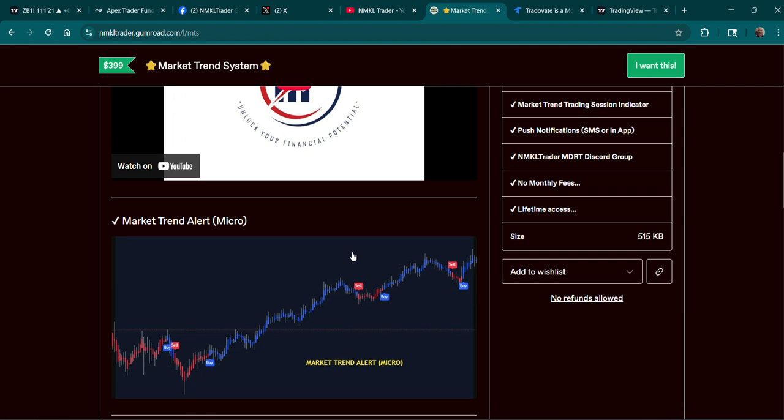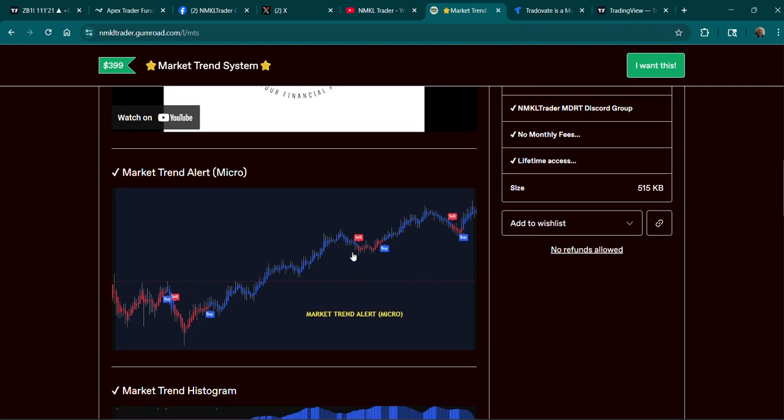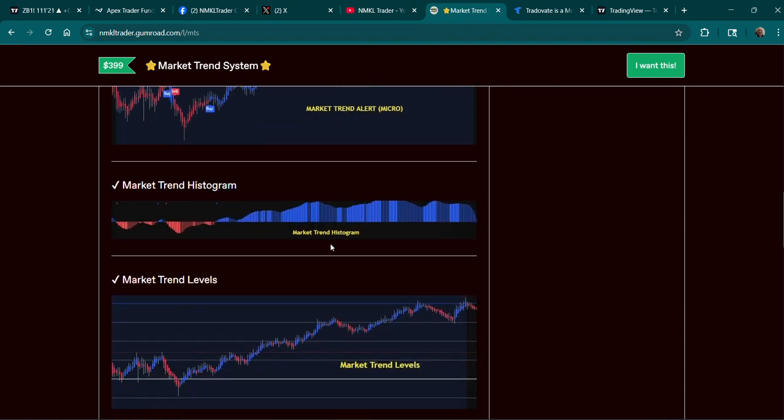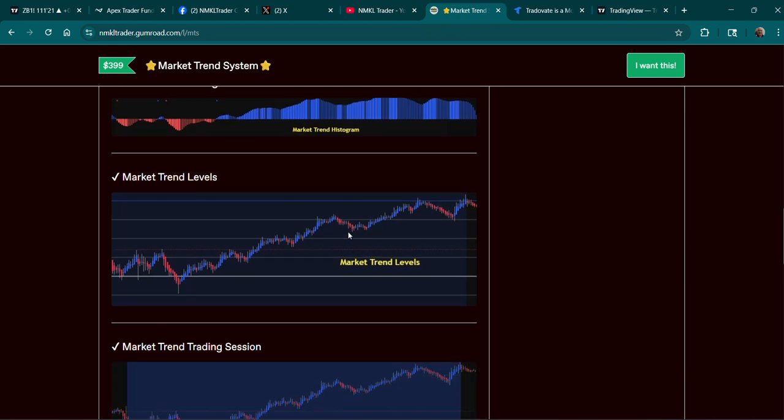And then I go through on the website and kind of show you a picture of each of the different indicators. Now, the Market Trend Alert is going to give you your buy and sell indicators that I talked about, okay? And it's the one that has the built-in push notifications, and I'll share with you in that exclusive video later on how to access that. The Market Trend Histogram is the macro trend that I talk about, okay, specific for this program. And then I have levels built into this based on median deviation levels for any market.